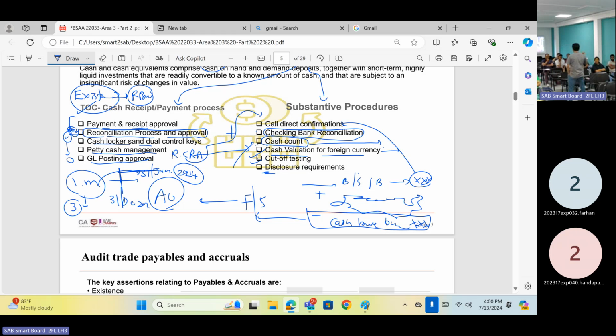Sometimes you may have damaged cash. All those things will be counted, right? But then